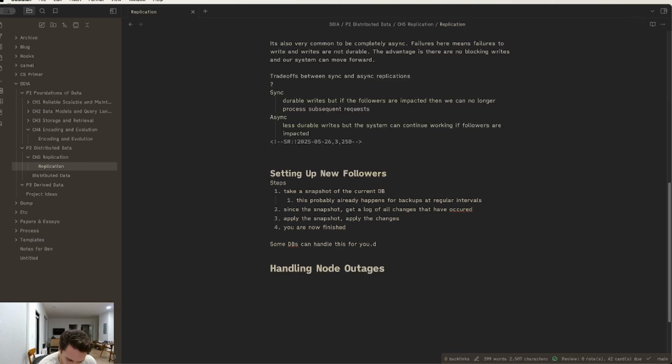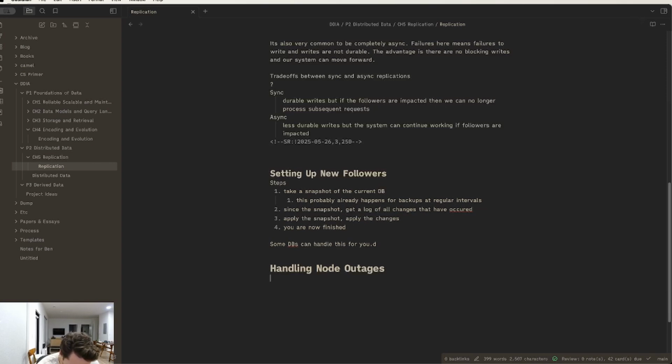Any node in the system can go down. I literally cannot focus unless I read out loud. It's insane. Any node in the system can go down, perhaps unexpectedly due to a fault, and we know what a fault is: when a component deviates from its spec,